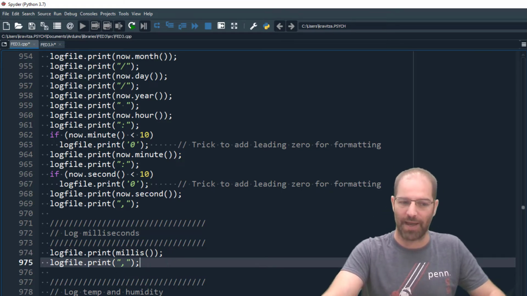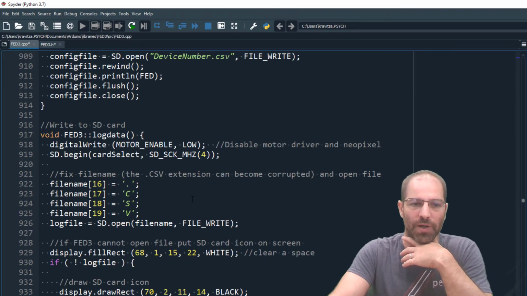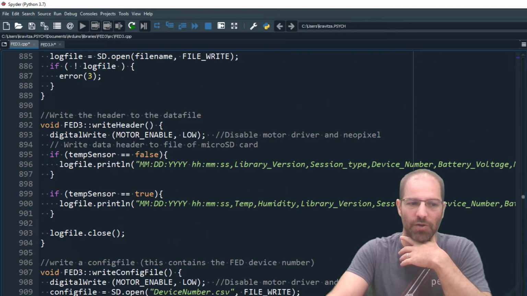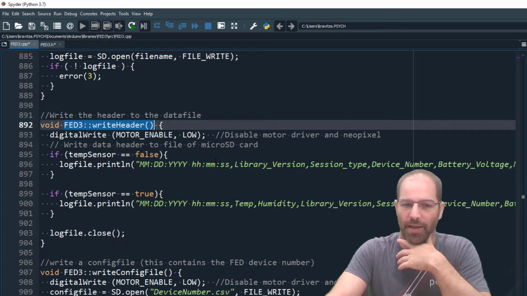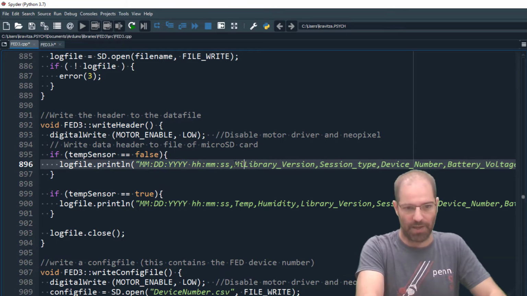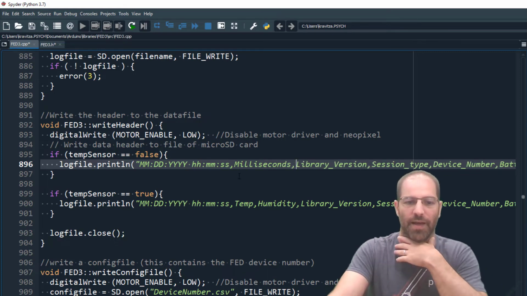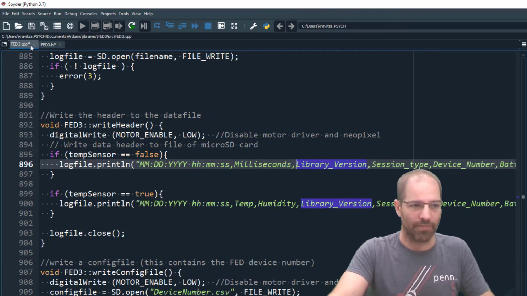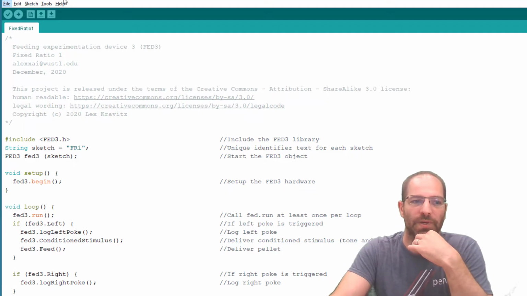So right away now we've added something to the log file. We're going to be logging these milliseconds. We just have to do one other thing, which is to go up here to the header. There's a function fed3 write header, and this is where we write the first line of the CSV file. So the timestamp, then the library version, and in here I want to write milliseconds, so that my log file has that as well. So if I now save these, I'm saving them in Spyder, back to the Arduino IDE,